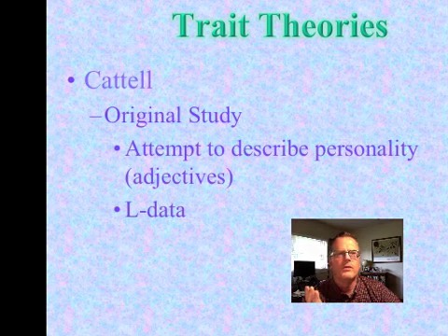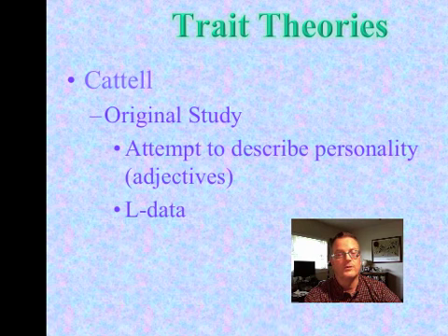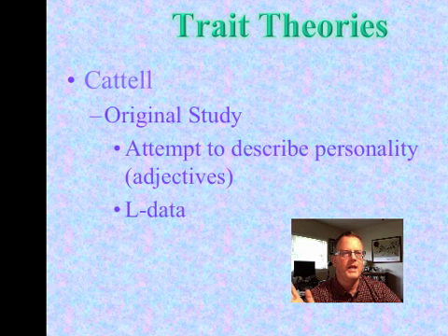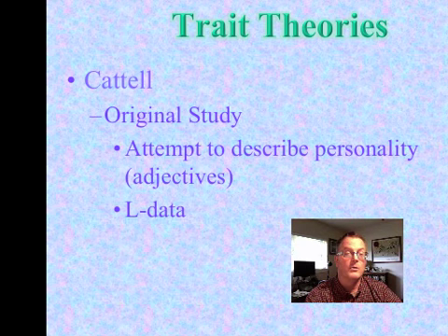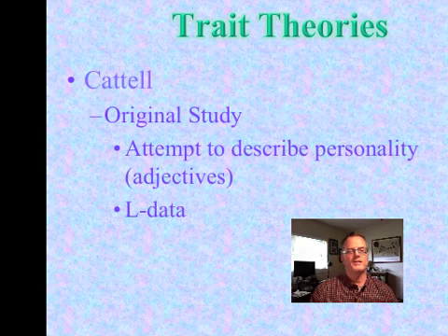But he then went through and looked for redundancies. This was done on several different levels, but the first time they tested for redundancies, Cattell was able to eliminate many of the adjectives and came up with a list of 170. He then made up a questionnaire with 170 and sought to find his L data.